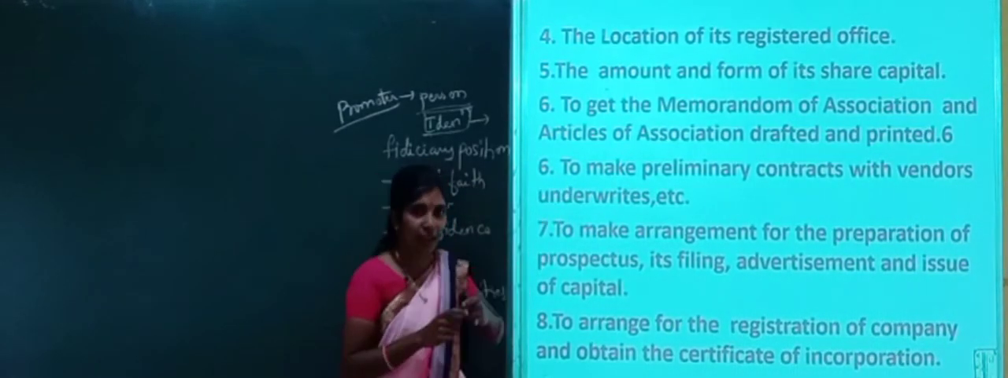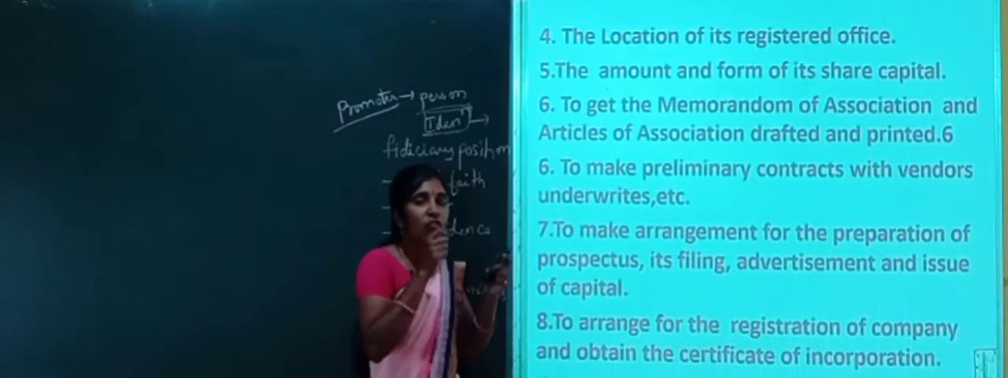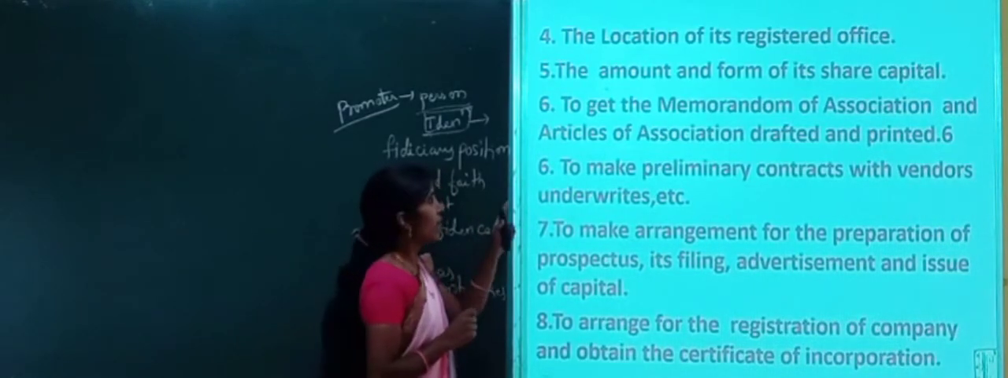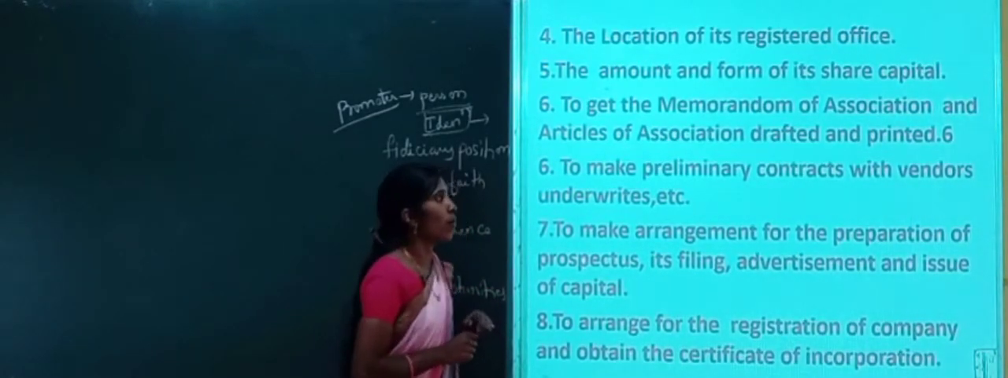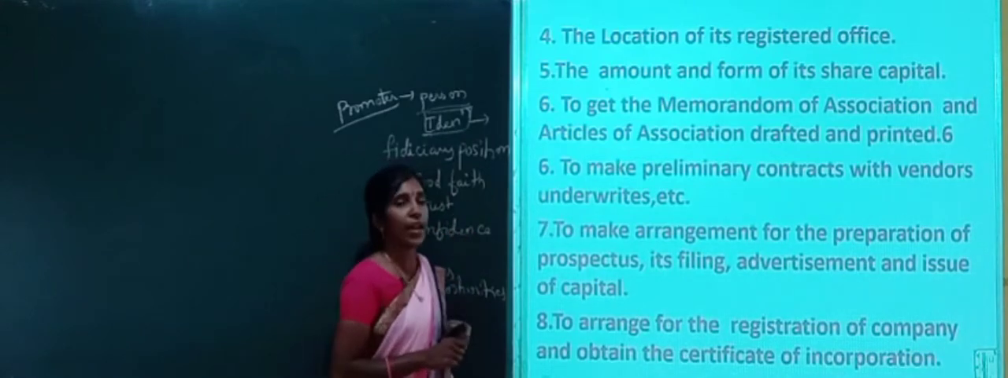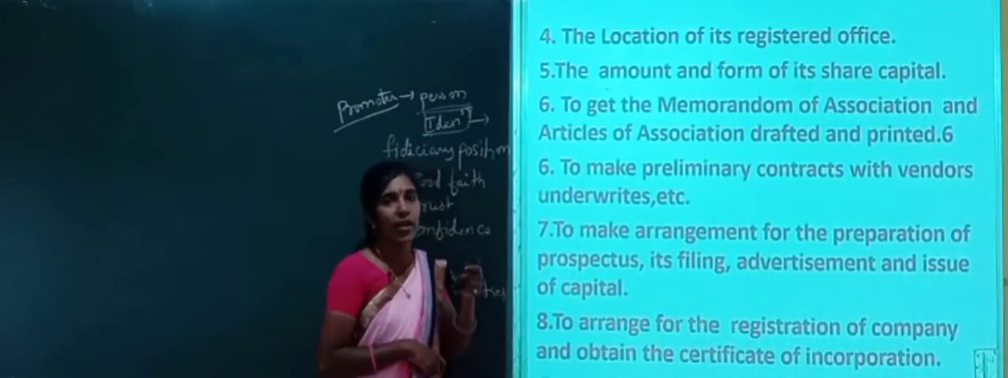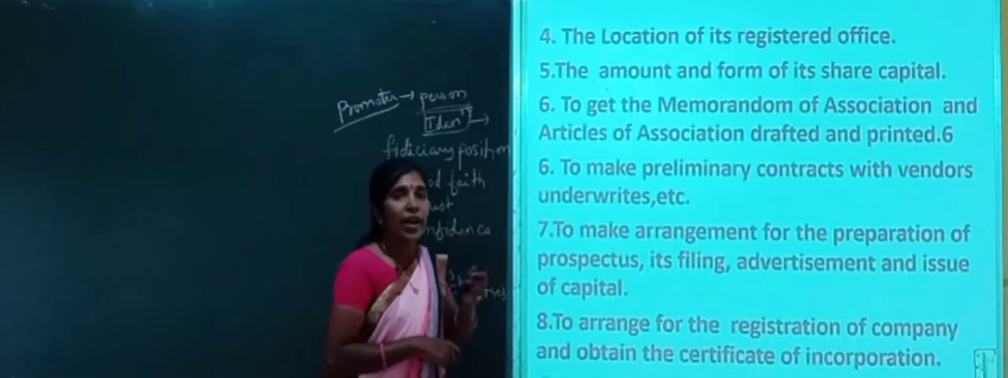association and articles of association that should be drafted and printed. That is also one of the functions of the promoter. And next one, to make preliminary contracts with vendors and the underwriters. He has to make the contracts with some of the vendors like sellers and also the underwriting of some of